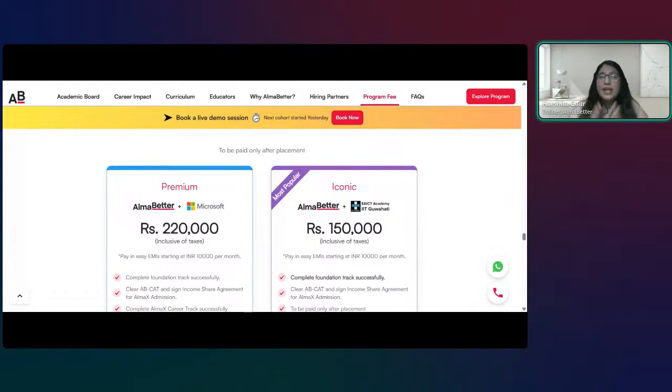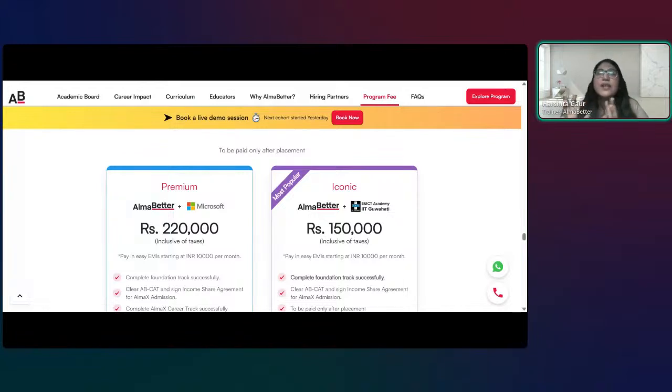Whatever you're learning, we are going to ask you exactly the same thing in the test itself. But once you give the test, there is an ISA, an income sharing agreement, which you need to sign with us, where we give you on paper a guarantee that we are guaranteeing you the placement. Okay, the minimum package, as I've told you, in certification is 5 LPA. There is no package below 5 LPA in the certification, but you can always target the average package, that is 8 to 9 LPA, on our platform with the certification.